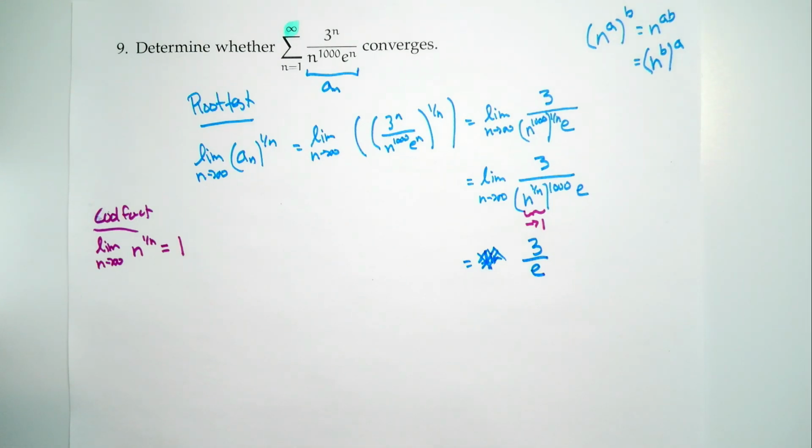Now, again, we're doing a root test. We don't need to know a lot about 3 over e. The only thing we need to know is how does it compare to 1. So we think, what can we say about this value for e? Well,